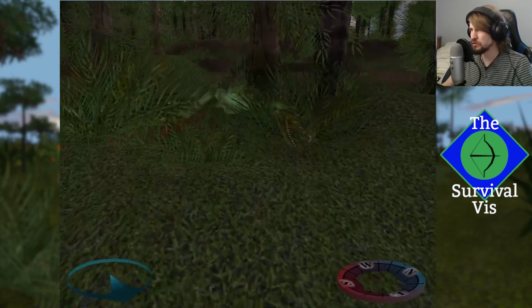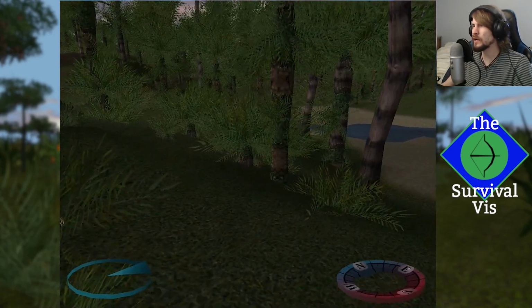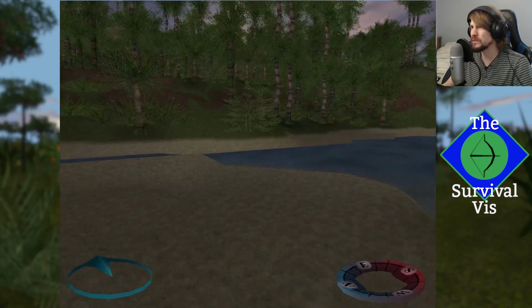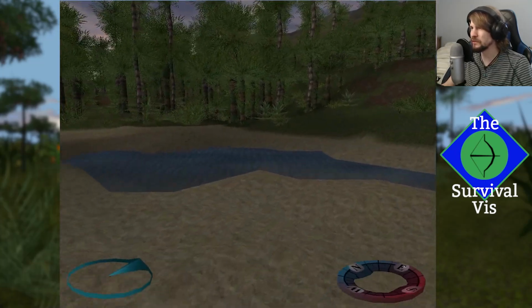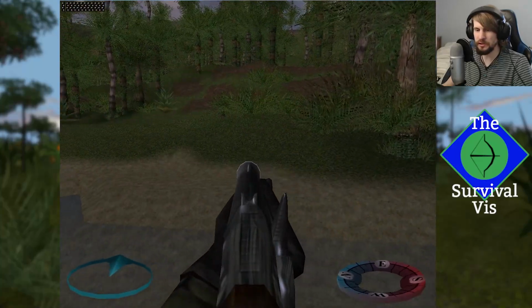But yeah, I think that's a Eustreptospondylus right there. Yeah, I'm pretty sure we've gotten one of them before. I don't know if we actually had it in the trophy room or it got wiped with the version change. No, actually, you know what? I should also...